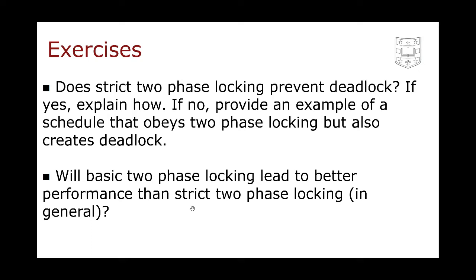I was referring to the possibility of, and maybe I'm misunderstanding something, but if you do basic two-phase locking, you run the risk of releasing a write lock, and then the transaction rolls back, and something else writes bad data. Oh, the transaction rolls back. I actually think the odds of that happening are less with strict two-phase locking because the write locks are only being released at the end.